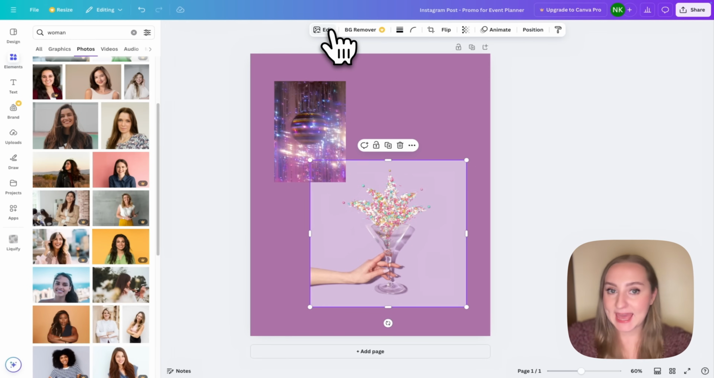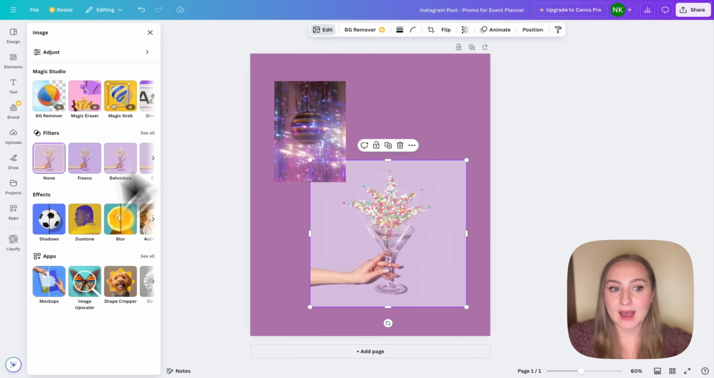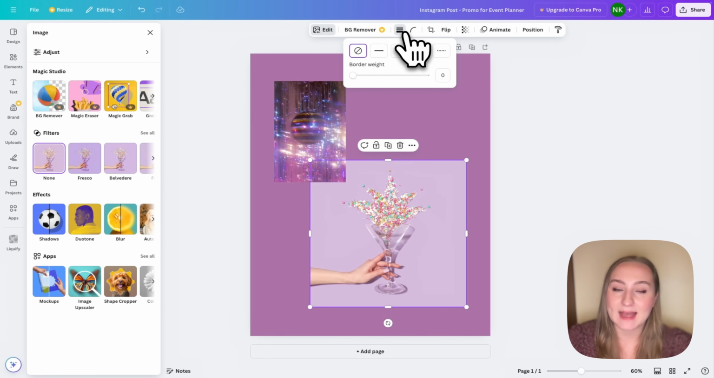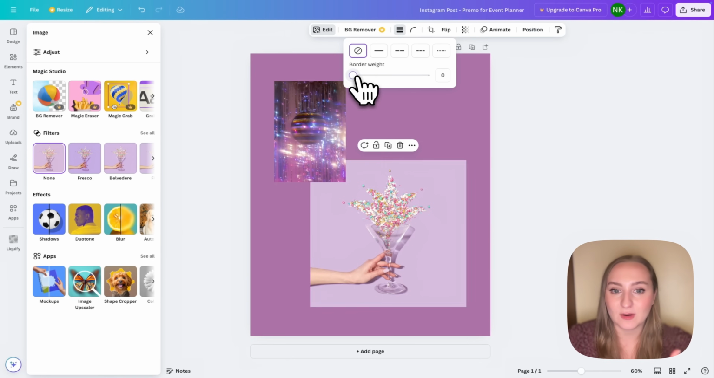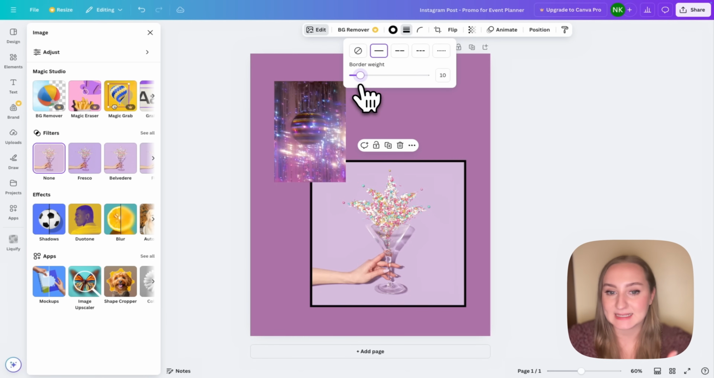Now, we've covered the edit panel in here, so you know how to access the filters, the effects, the apps, and the adjust app. But apart from that, most of the different images also have the option to add different options from the top panel as well. So you also have the option to add a border, which adds it inside of an image. And as you can see, once I change the border weight,